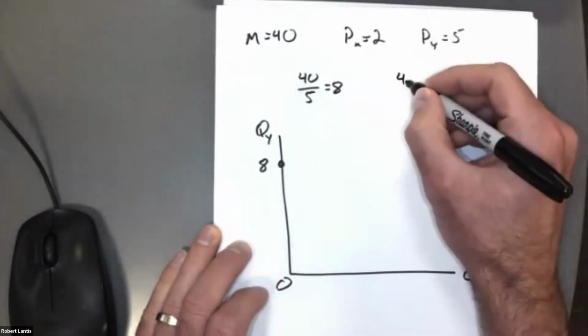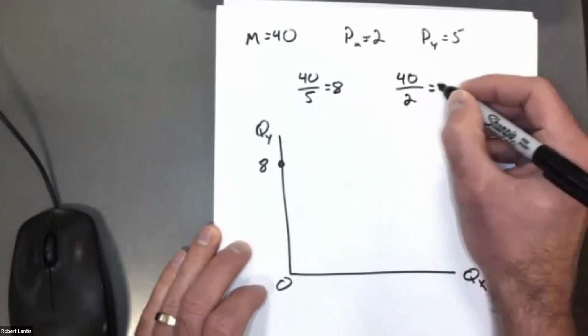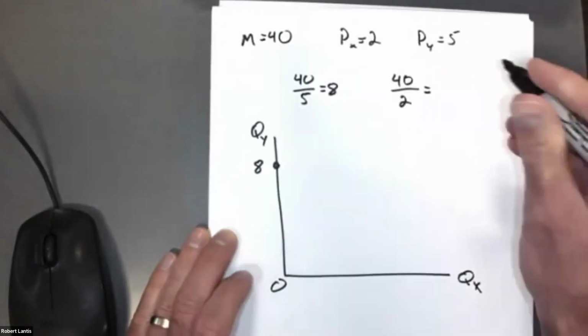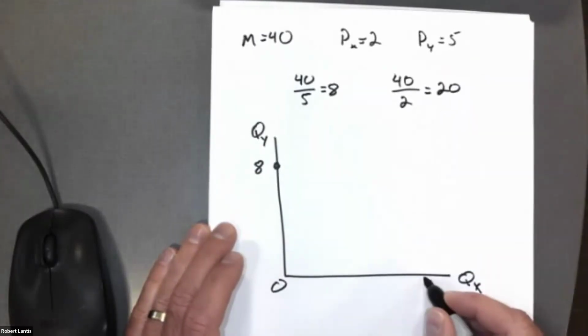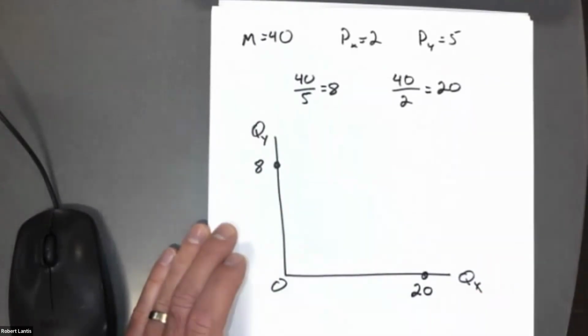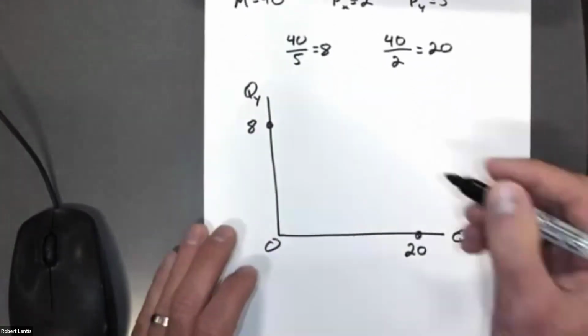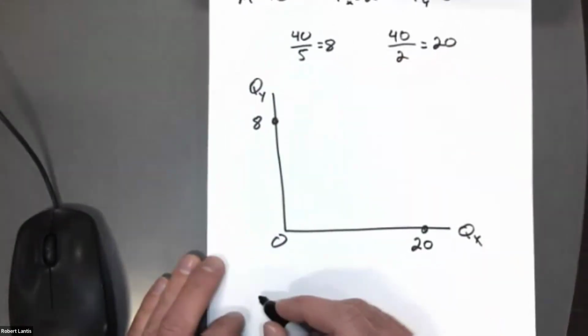If I was only buying good X, how much could I afford to buy? Well, if every unit is $2, divide my income by that price, and I would see I could buy 20 units of good X. Okay. Now, my budget equation